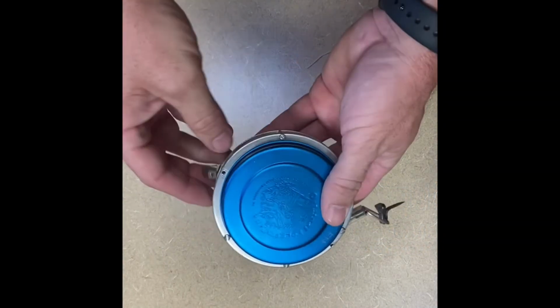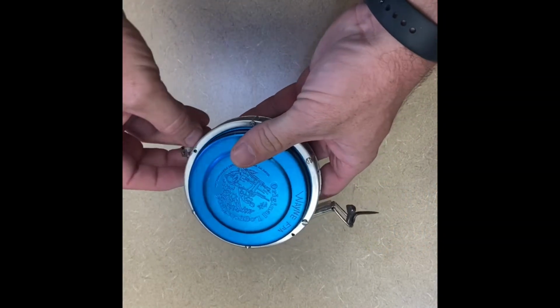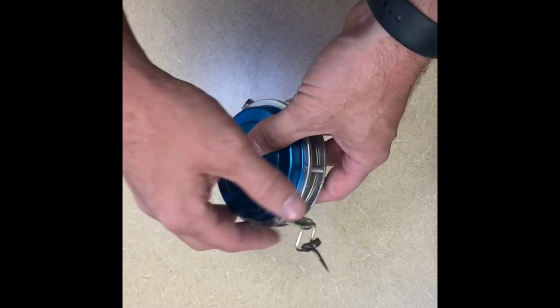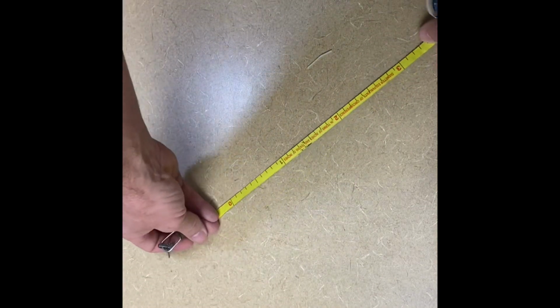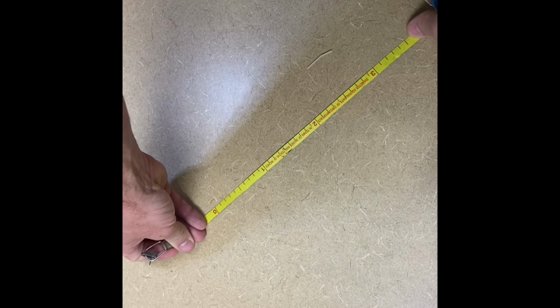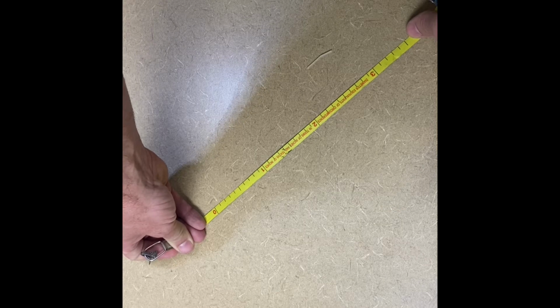So this tool is our logger's tape. Foresters use logger's tapes for multiple reasons. The most common reason is to take the diameter of a tree. The reason a diameter is important is because it allows us to estimate the volume of wood so that we can determine how much each individual tree is worth and how much money's worth of timber there would be on